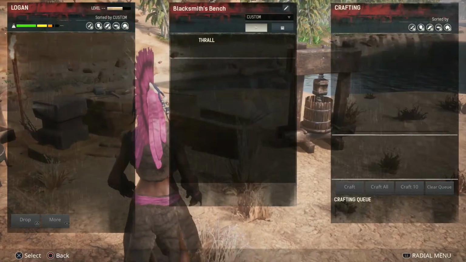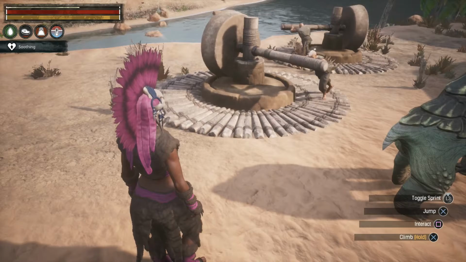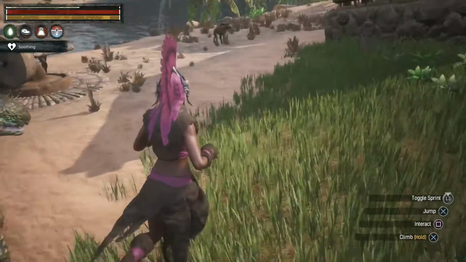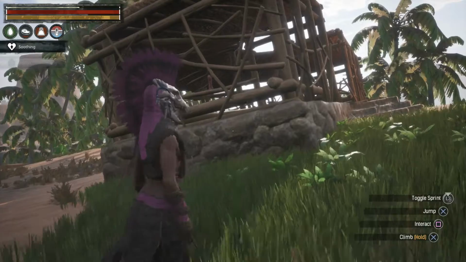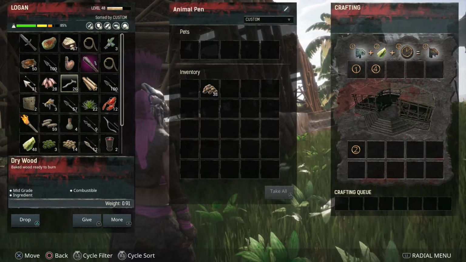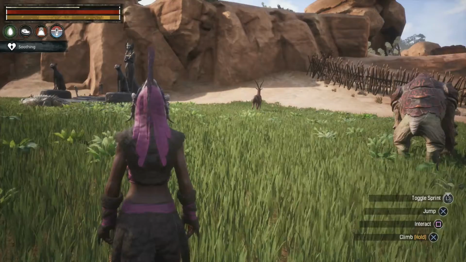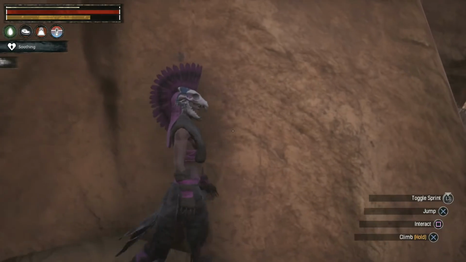Not really seeing anything we need to take from this base. I think I cleaned it out pretty well last time. Now these should be empty. Yo. Empty. I think the animal thing should be empty too, I think. Empty except for poop. We'll go ahead and leave that. We've got so much poop at our other base. We might find some need for it here. Maybe. Someday. I doubt it. I really doubt it, but...